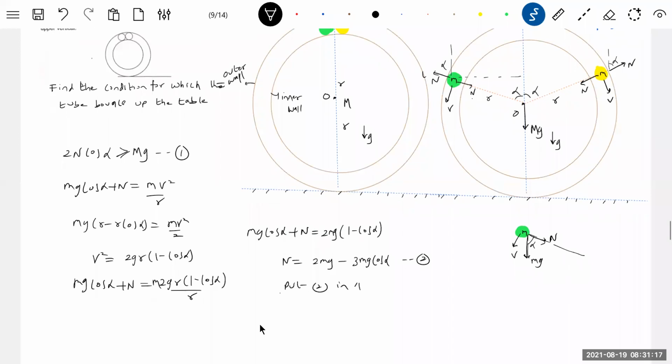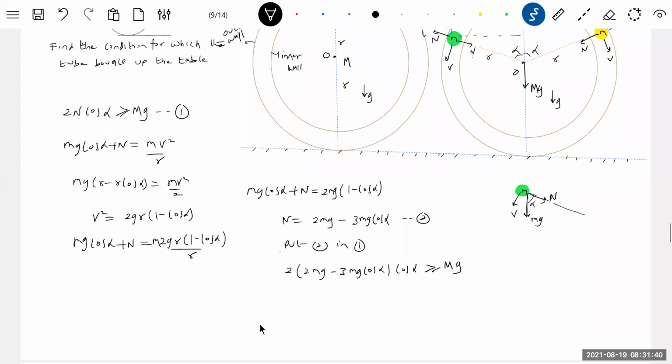Put 2 in 1. Then 3mg cos alpha greater than or equal to mg. Small m this is. Now g will get cancelled, so this will be 4